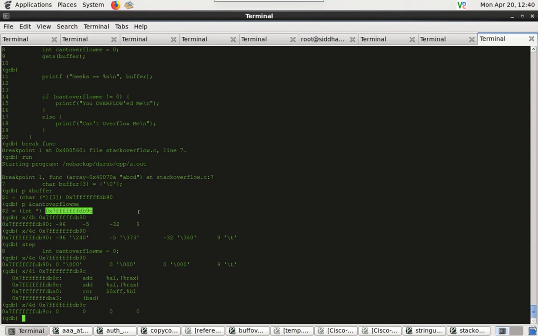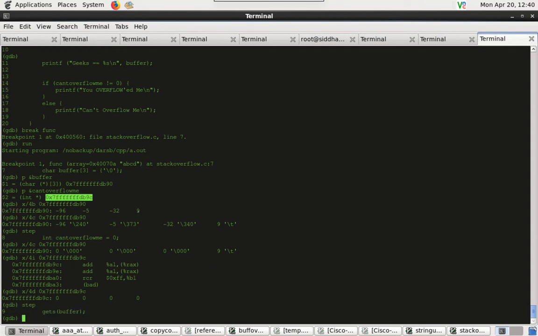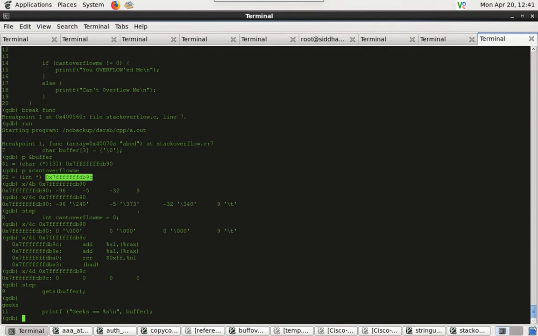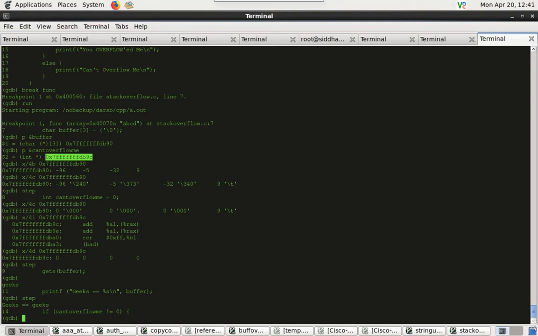So now if I keep stepping my program, I'm asking for get buffer. So now I'm supposed to fill the buffer. Let me fill as geeks. So this would actually print my buffer. Geeks is equal to geeks.